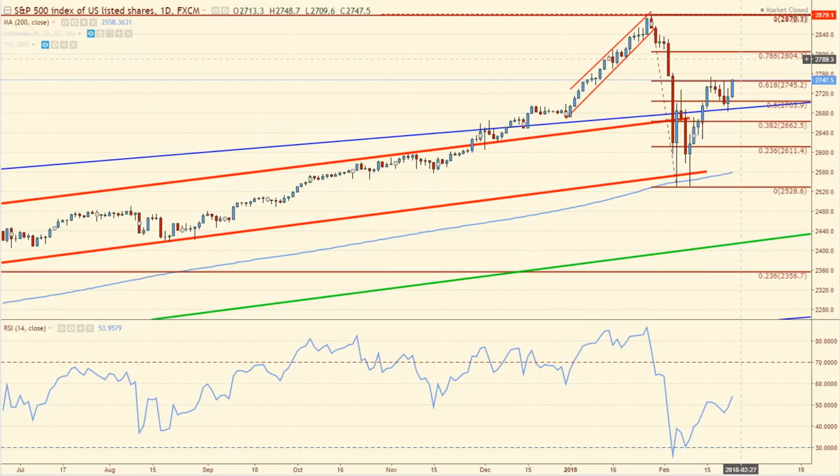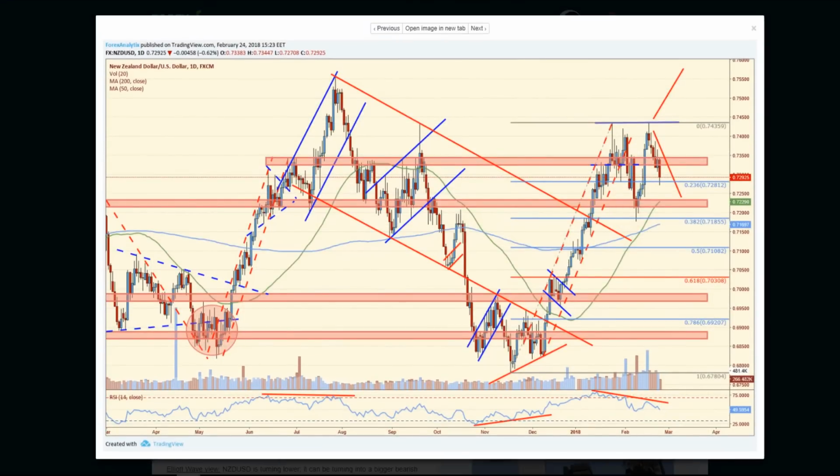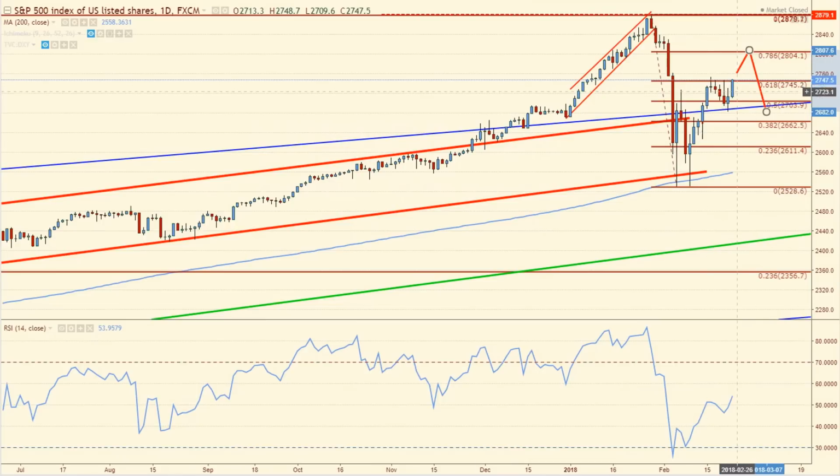So, should we go up, let's say another 50 points in the S&P to get us up towards this 2800? If we do turn lower from there, does that continue to strengthen the dollar? And maybe that's what makes this Kiwi dollar double top really play out. I don't know, and it's hard for me to justify that without seeing the S&P actually turn, because going back to Friday's price action, the S&P closed near its highs of the week.